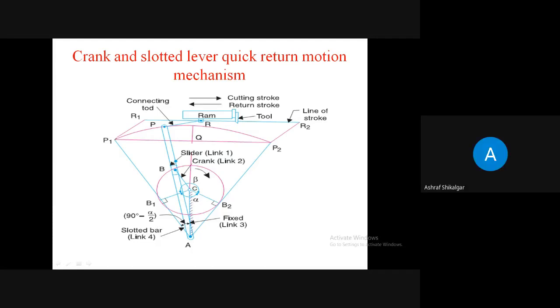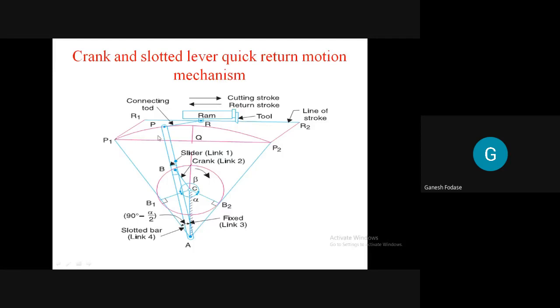Of course, it will be the crank. Remember, the link which makes a complete rotation is called a crank. And which link is called a crank here? Link number 2. You can see here, it is initially here, at B position. Take it, retract back. You can move further also. Let's say it is moving from B1 to B2, and further from B2 to B1. So it makes a complete rotation. And when it moves from B1 to B2, forward stroke. When it moves from B2 to B1, return stroke. Now you observe. Good question. The crank makes a complete 360 rotation. But what about this link AP?